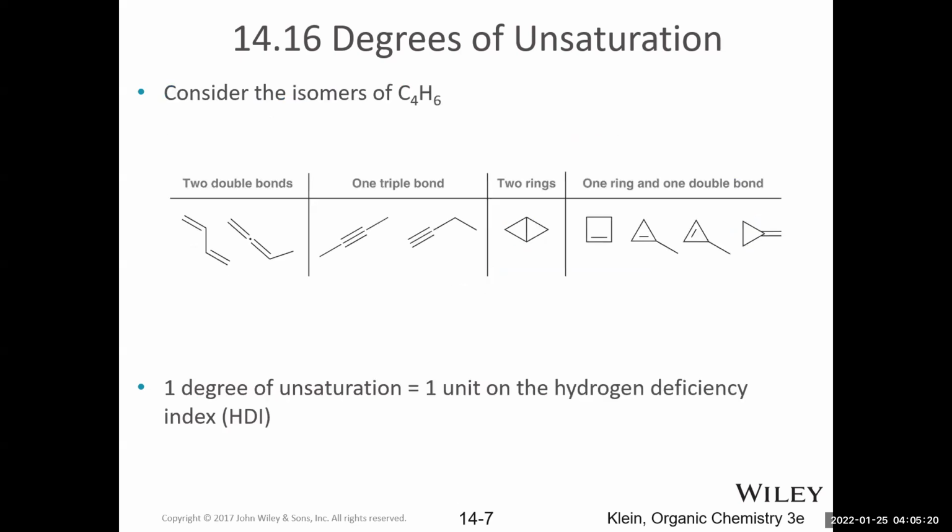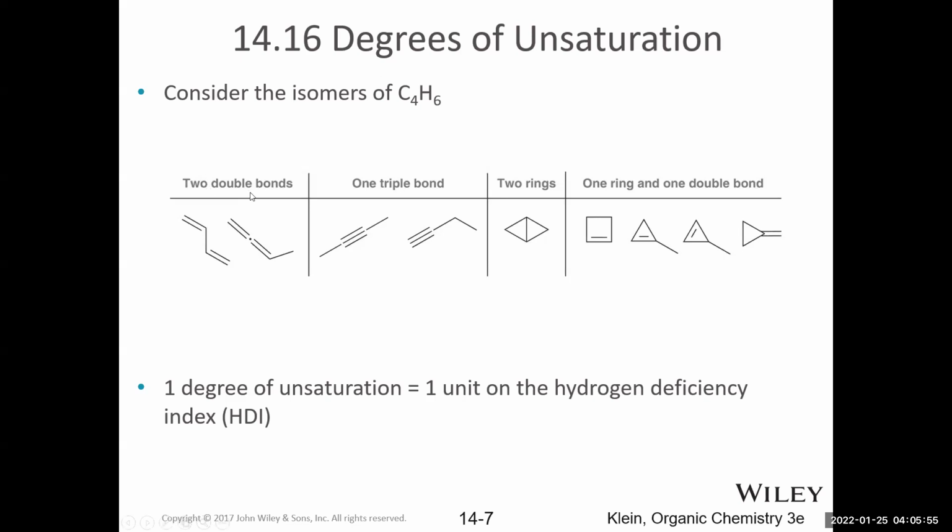So let's look at some isomers. When it says isomers, it's talking about constitutional isomers. Look at some isomers of the formula C4H6. You can tell this is not a saturated hydrocarbon, because if it was saturated, there would be 2 more than two times the number of carbons in terms of its hydrogen atoms, so there would be 10. Because there are only 6, there are 4 fewer hydrogens and 2 units of unsaturation, or an HDI calculation of 2,